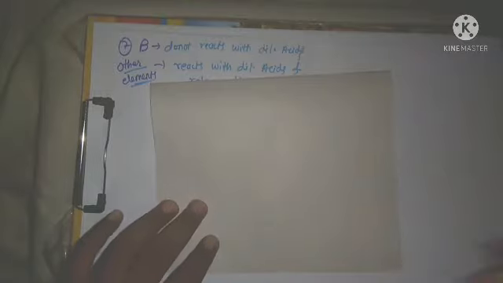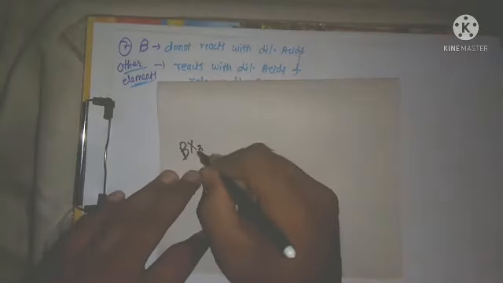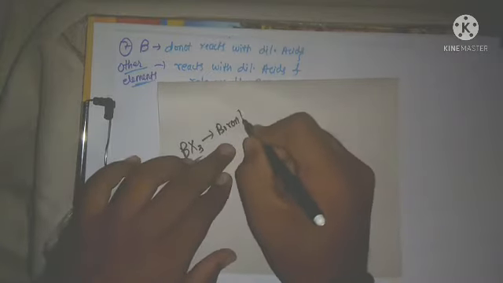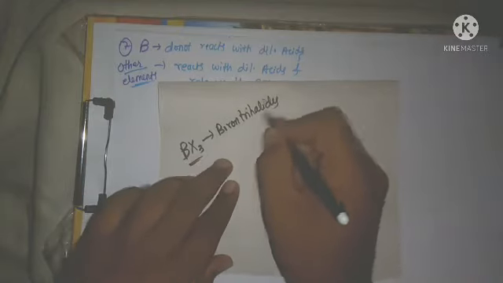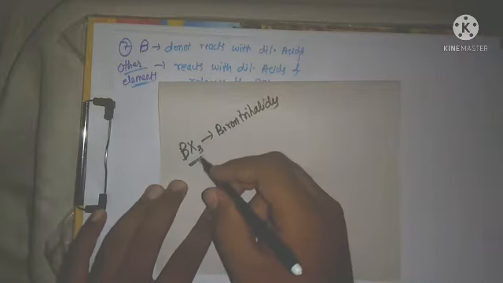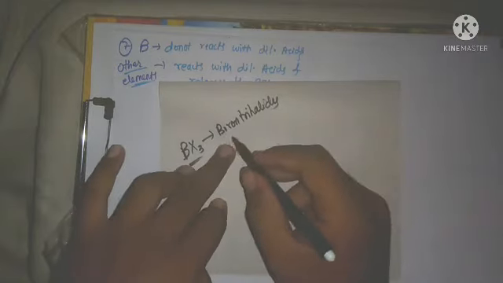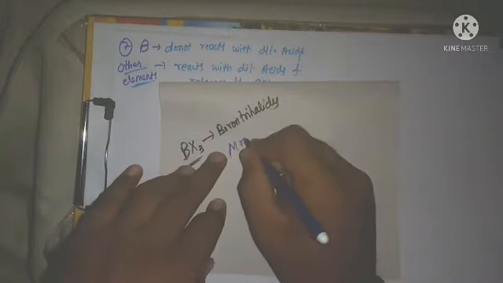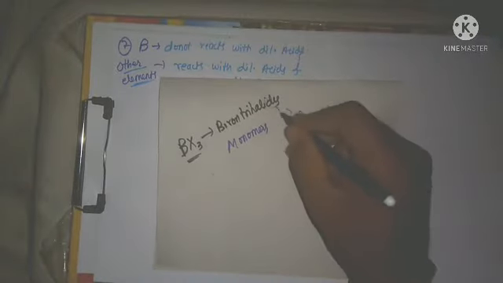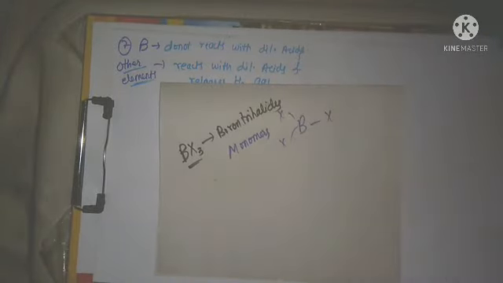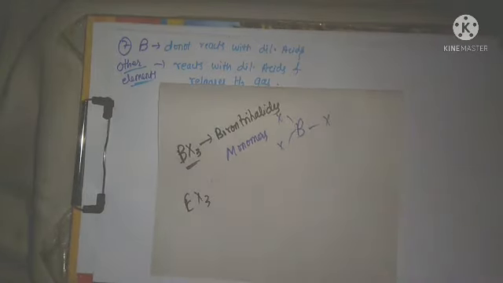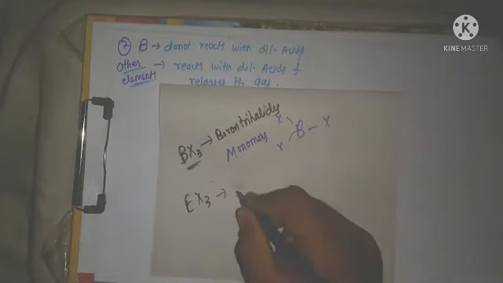Now just check here, when boron reacts with the halogens, it will form boron trihalides, maybe BCl3, maybe BBr3, etc. Boron chloride, etc. Now boron trihalides are monomers. Monomers means only one structure, BX3, in this way. Whereas other elements' trihalides, EX3, if you check, are dimers.